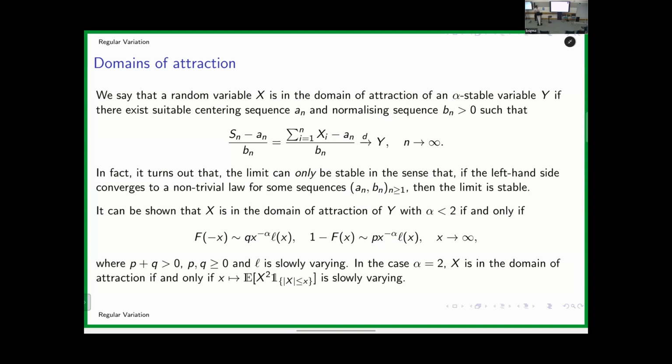And you can, thanks to the regular variation and all these techniques that I showed you before, even though you usually require many conditions to be satisfied, with regular variation one condition implies somehow all the others, and you can easily characterize all these convergences. Okay.